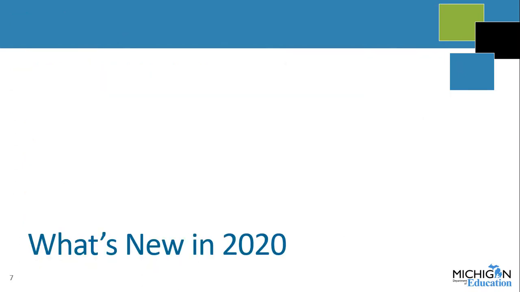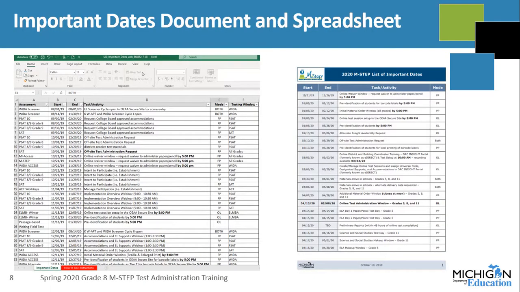Next, we're going to review what's new for Spring 2020. The Important Dates document for the M-STEP Spring 2020 administration is currently available on the M-STEP webpage at www.michigan.gov/MSTEP. New in 2020, in addition to the PDF document that lists all M-STEP related important dates, MDE has created